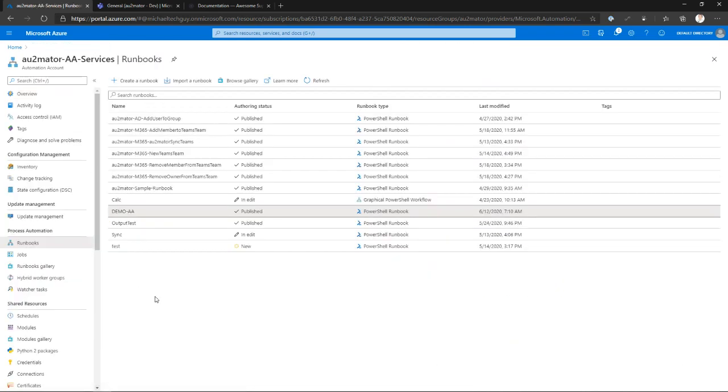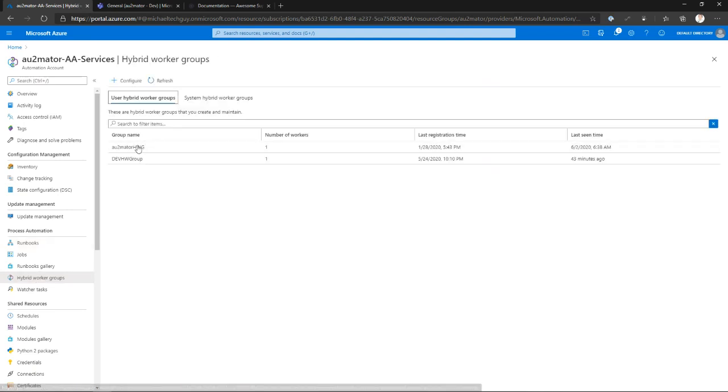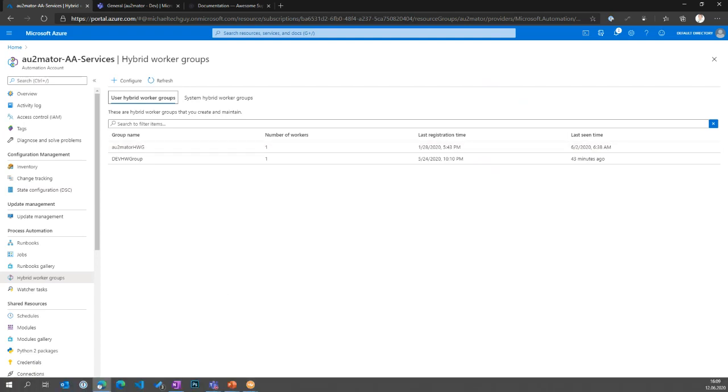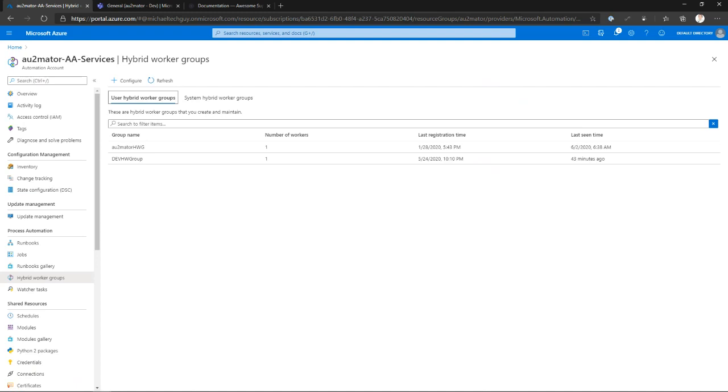And of course, when you trigger an Azure Automation runbook, you can decide if this runs in Azure or on a hybrid worker in your local environment. And to add an Active Directory user to an Active Directory group, we have to run it in a local on-premise environment. For this, we configured a hybrid worker. It is called Automator HWG, and this is connected to our demo environment. And now switch back to our demo server,